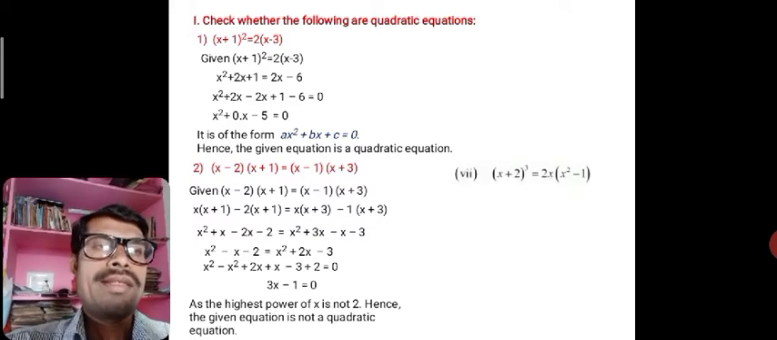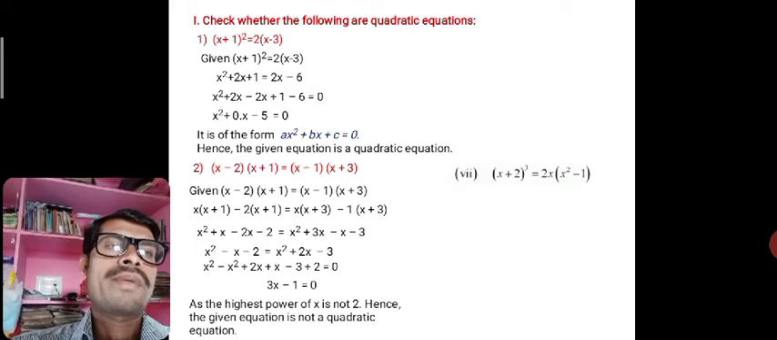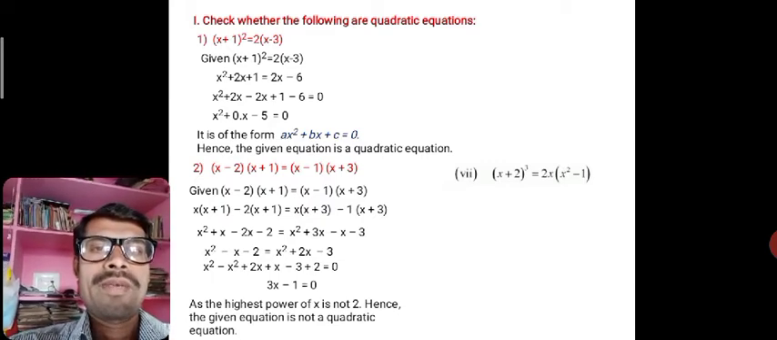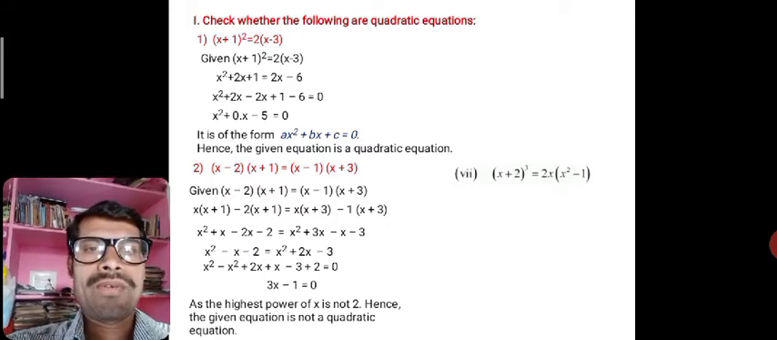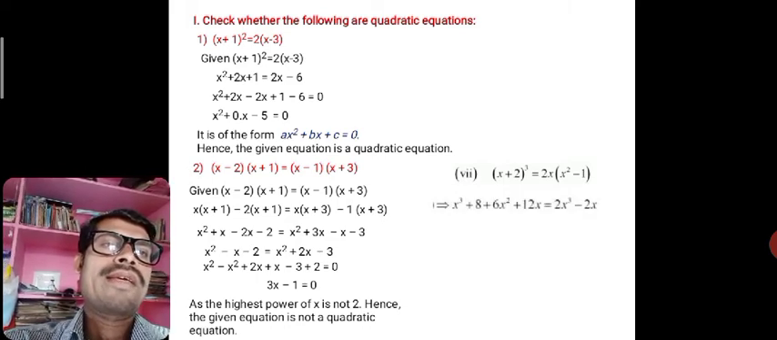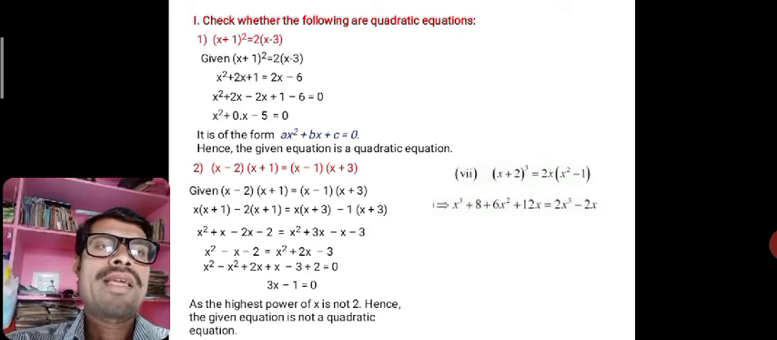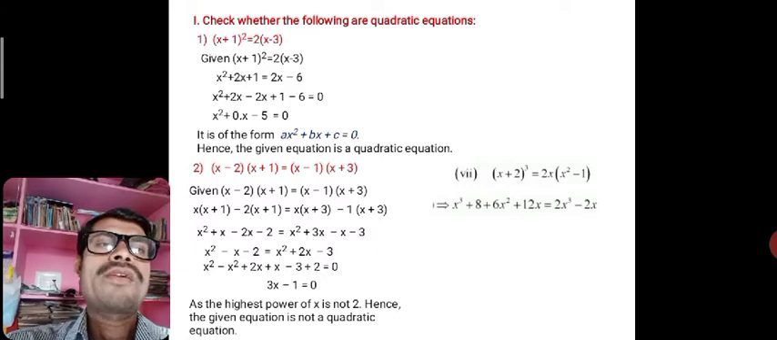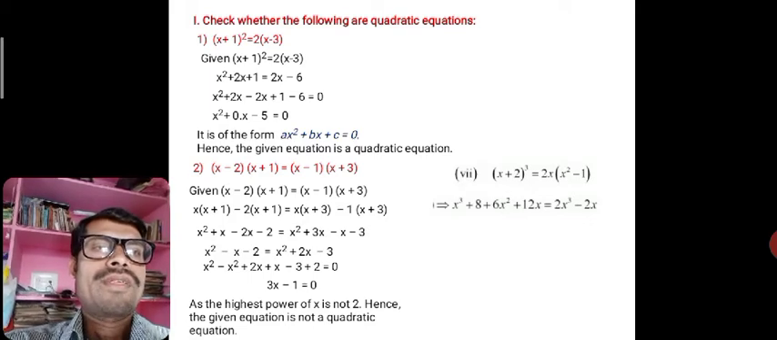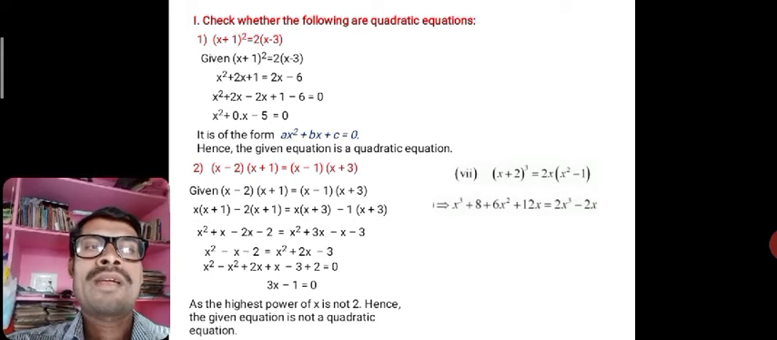One more we can take for your convenience, that is (x + 3)(x + 2)³ = x(x² - 1). Use the identity (a + b)³ = a³ + b³ + 3ab(a + b) to expand that. By using that, we get x³ + 8 + 6x² + 12x. By using the identity and simplifying, we get x³ + 8 + 6x² + 12x